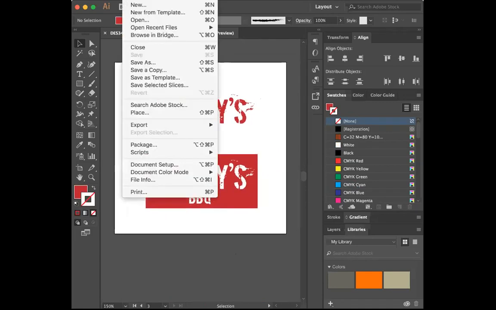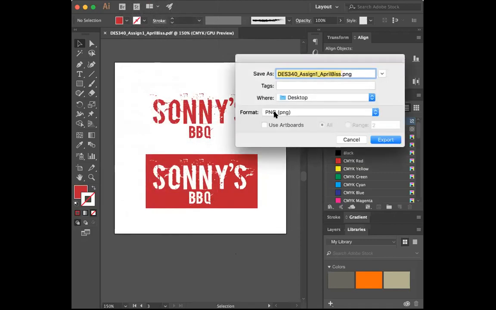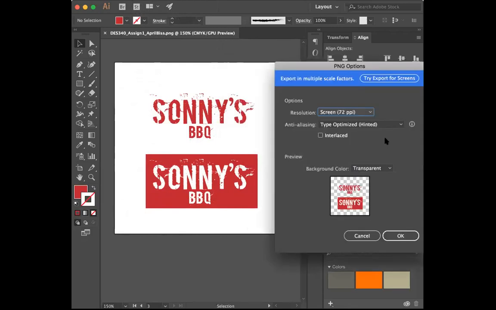And how you would do so in Illustrator, just go File, Export As, and we're going to save it as a PNG file. The reason we're doing this is because the background won't come with it. You're just having a transparent background. Now we want to make sure we choose the artboard specifically. So use artboards, you want the PNG file format selected, and you want the range to be number 3, or whatever artboard you're going to go with, and hit export.